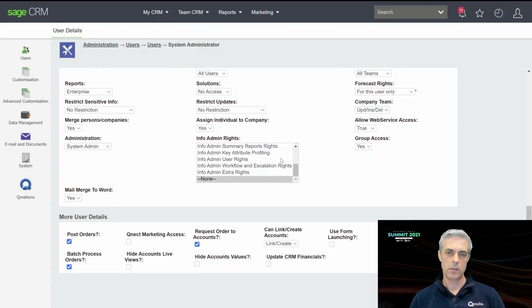Whilst as a user having the ability to perform all of these actions is great, as a business, sometimes you don't want all of the users to have the same rights to, for example, create new companies directly into Sage 200. This is taken care of as Connect 200 allows you to configure certain actions users can perform. This allows you to control whether users can, for example, post orders directly into Sage 200 or request orders are posted to Sage 200, create companies or just link to existing Sage 200 company records, and view or not view accounts information such as the outstanding balance and credit limits.